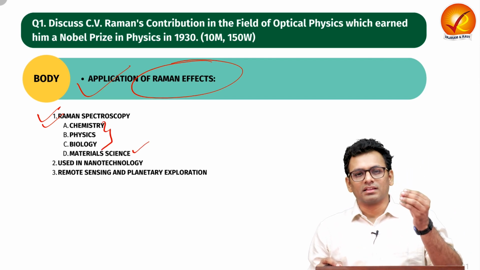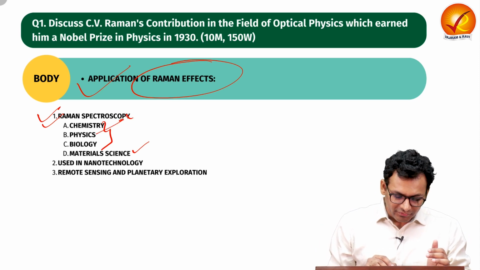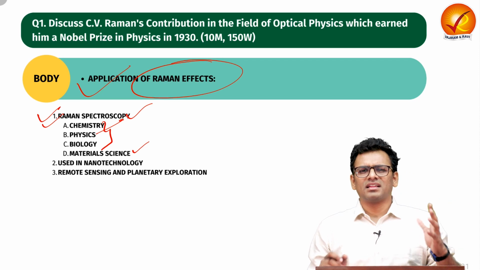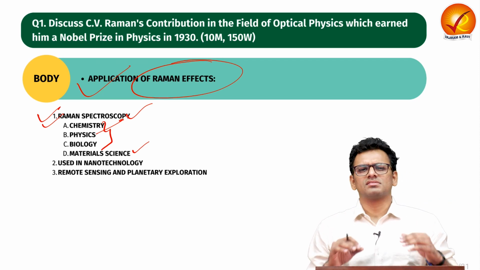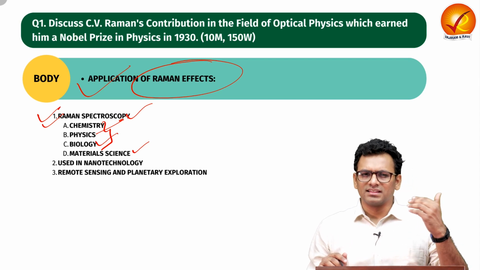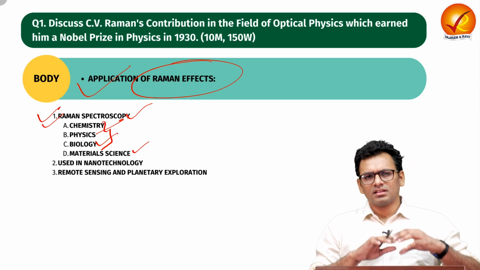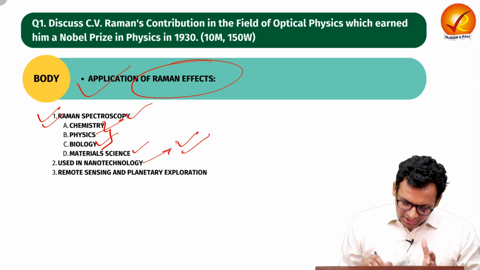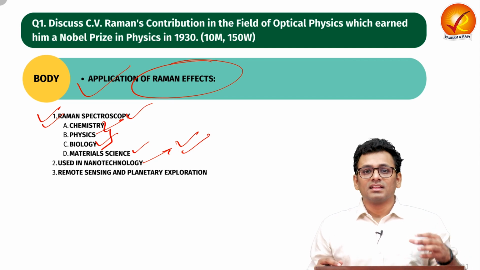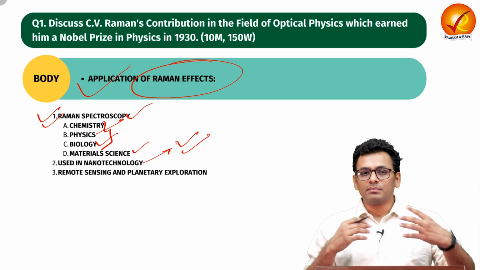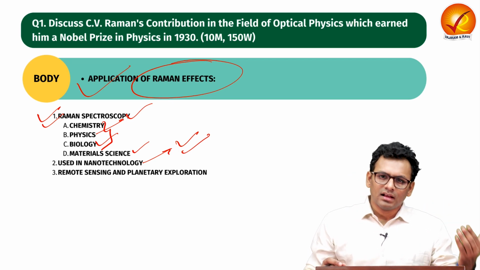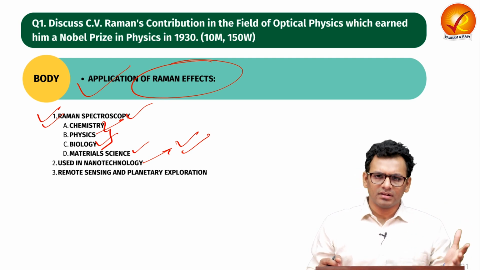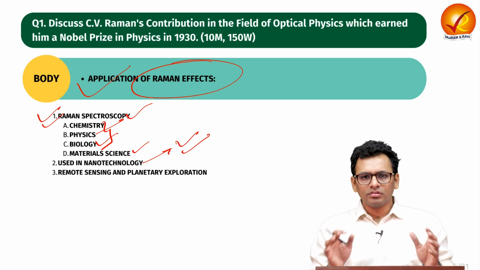Like for chemistry, you can understand the molecular structure. For physics, you can similarly use the concept of the Raman effect and understand different molecules, different structures, matters. For biology, understanding the cellular structure, and for material science, understanding the material, its composition and structure. The same can be used for nanotechnology as well, as we are witnessing that nanotechnology is the future and it's helping us with respect to multiple domains. Understanding the material which is used in nanotechnology can be very beneficial, and the Raman effect, the scattering effect, can give us an idea about the structure.